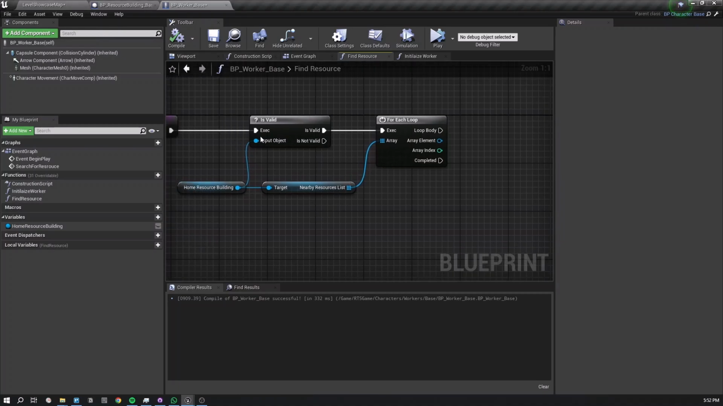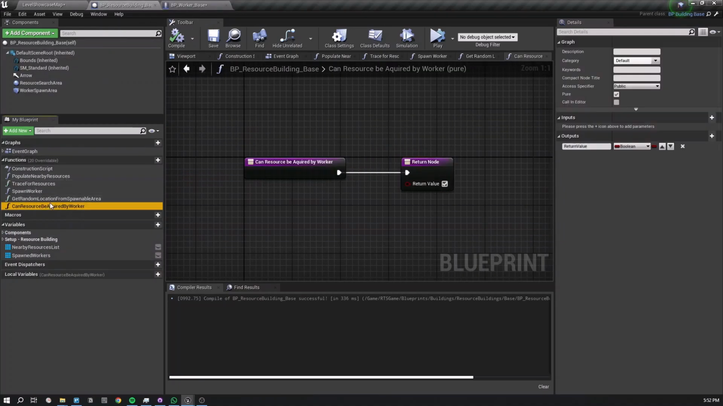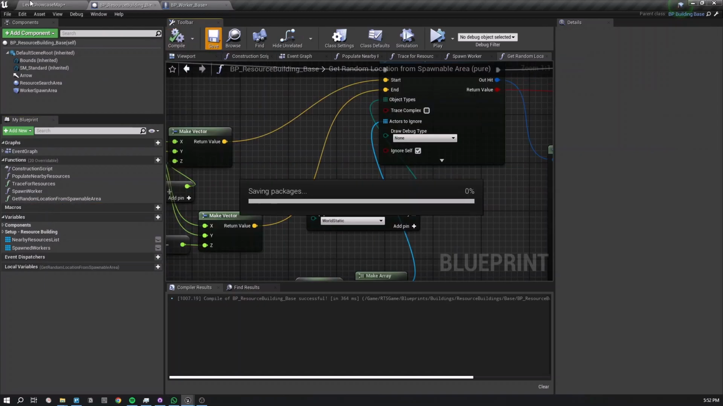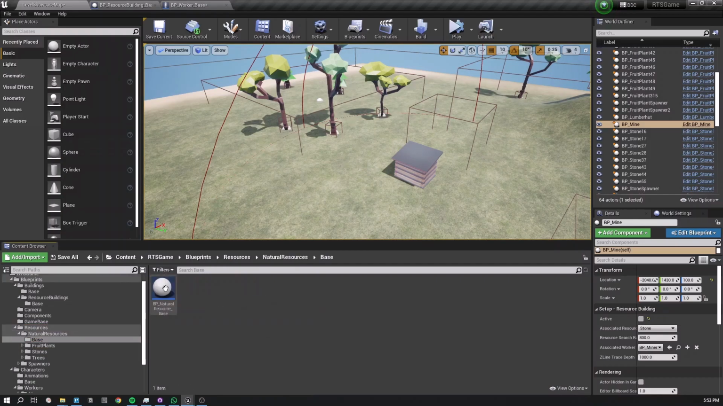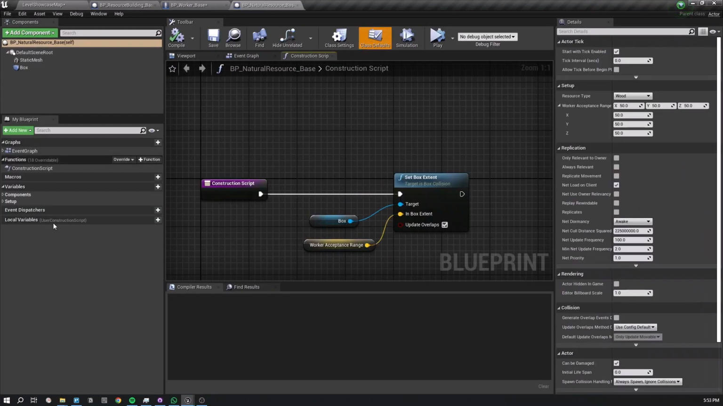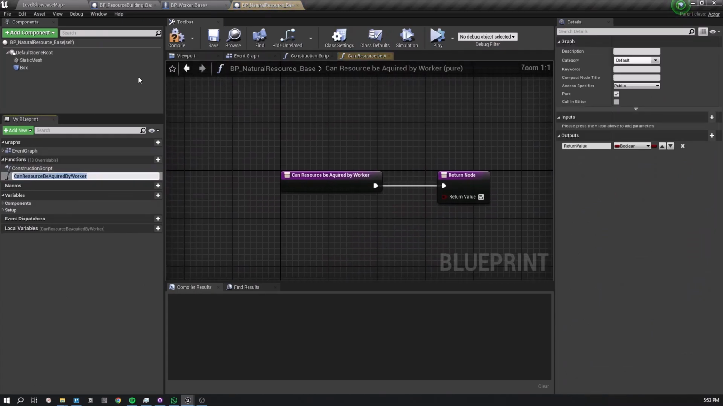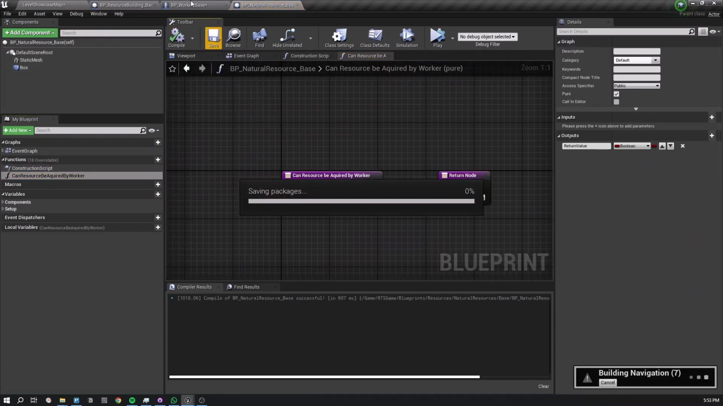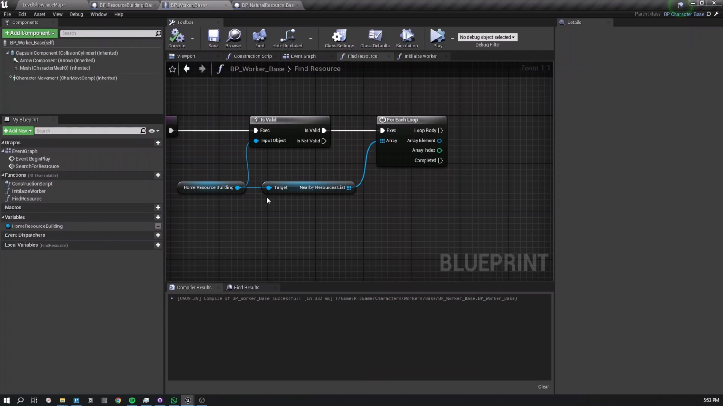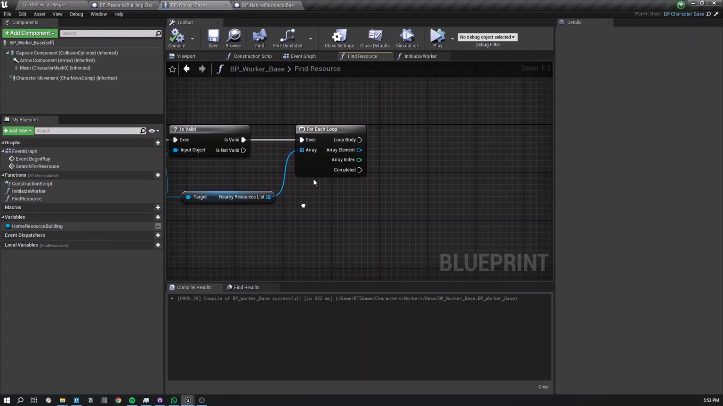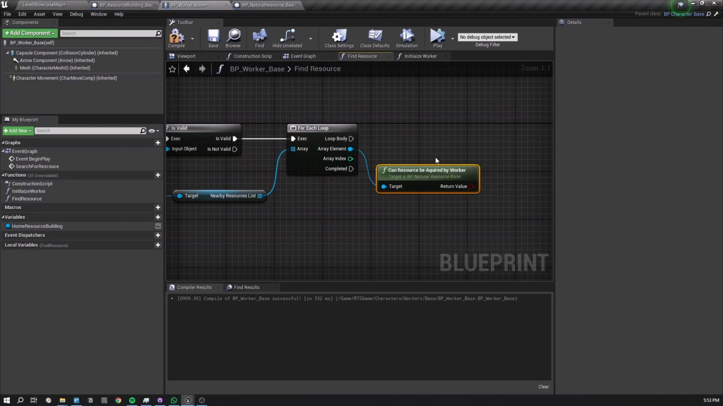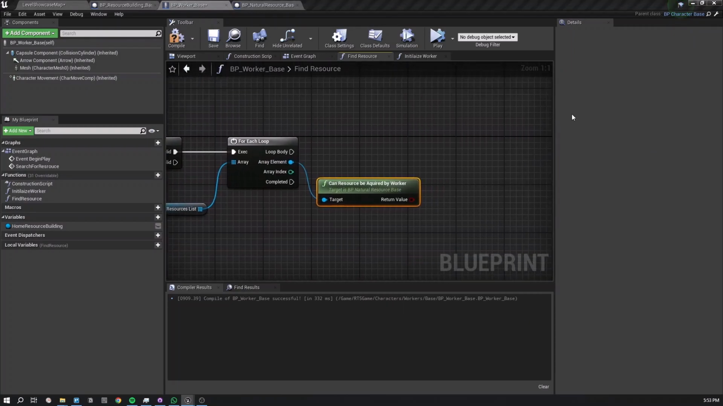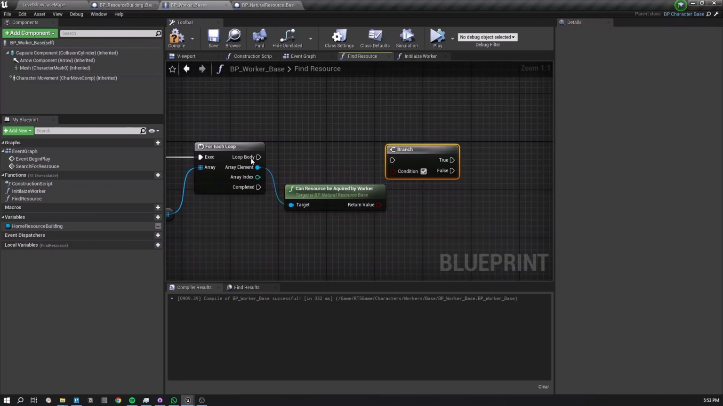Sorry, actually this function should go in the natural resource base class, right? So resources, natural resources base. Over here I can have that function, because we are iterating through a natural resource list, right? So let's call that function can resource be acquired by a worker. If it can be acquired by a worker, then